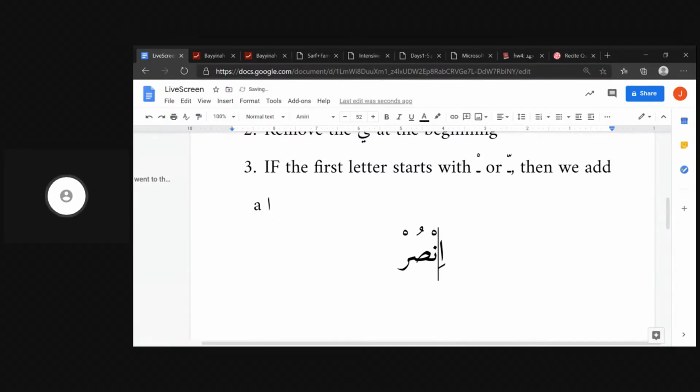And this alif could change. It could be a kasra as well, depending on the context. In this case, it's a dhamma. Unsur. Now let's do the same thing with yata'allamu. So again, let's make it lightest first. Yata'allam. Then we remove the first letter. And if it starts with sukun or shadda, we add the alif. In this case, it doesn't start with sukun or shadda, so we don't need to add the alif. All we're left with is ta'allam, and that's where we get al-amru minhu ta'allam. So that's how we create the command from the present tense.